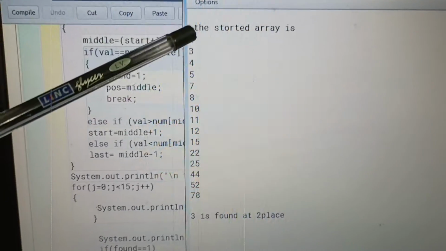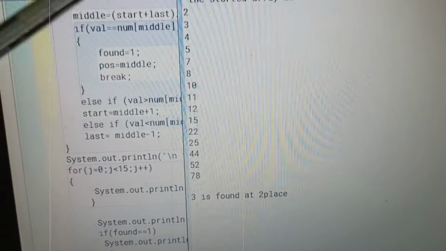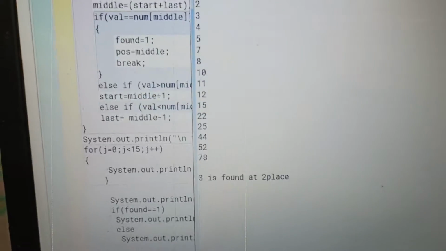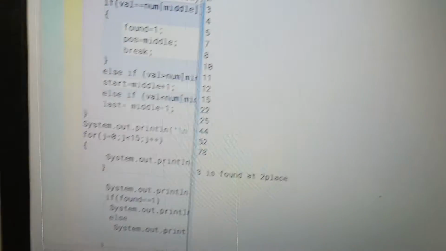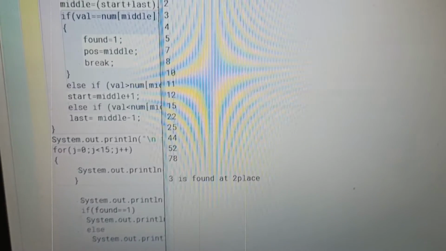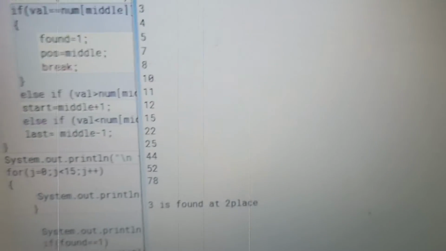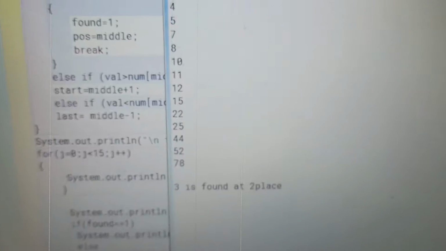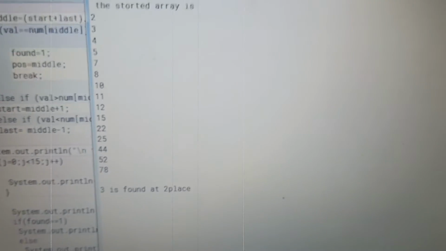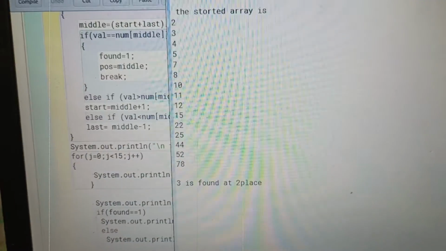It will add the first 0 index number and the last index number and divide by 2. That will be the middle one. Starting from the middle index number, it will start searching. When it starts searching, it finds this 3 value at the position of 2. That is why the index value is coming 2.